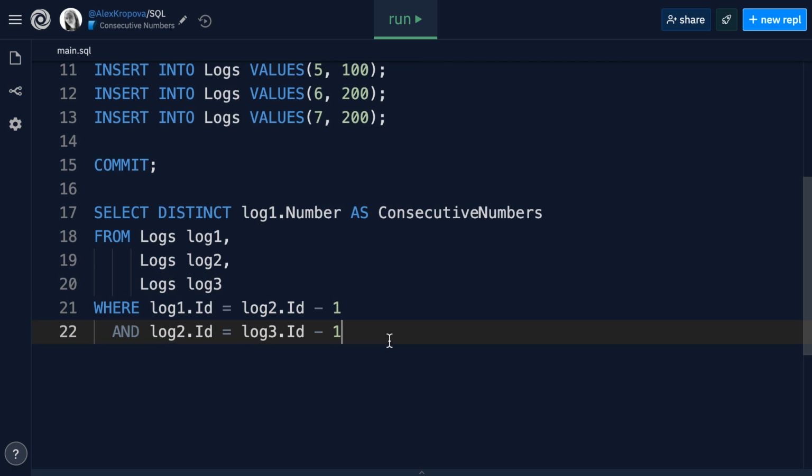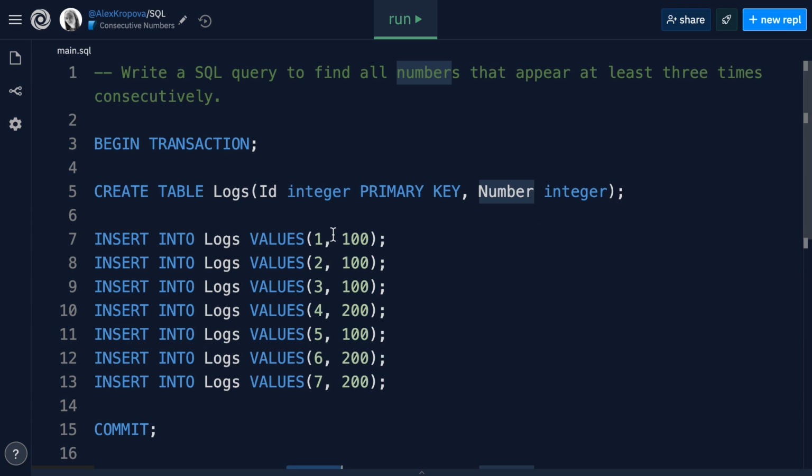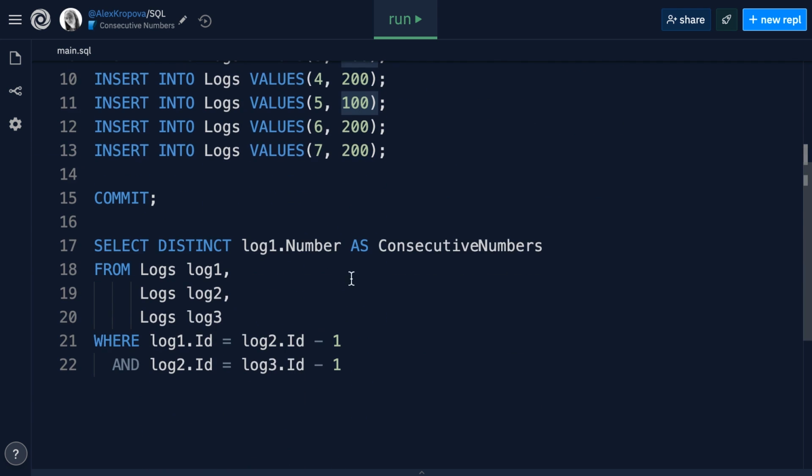We have to constrain further because not only do we need 3 consecutive logs, but we also need to ensure that their number properties, the value at the number column, is equal because we're looking for the numbers that appear 3 times consecutively. We're looking for the equality next. Do all 3 records contain the same value? If so, we're going to display that record. So we'll add another constraint. We're saying and